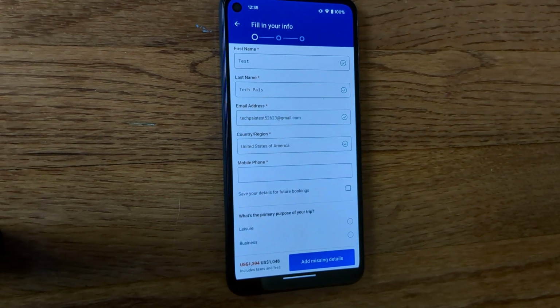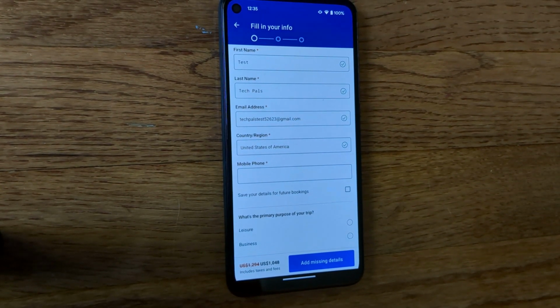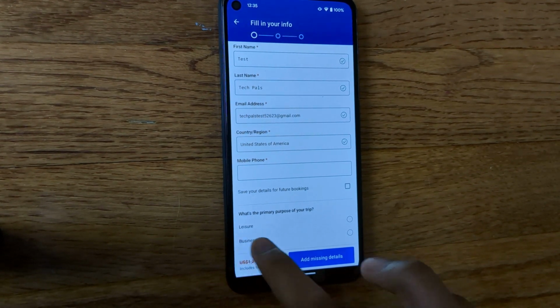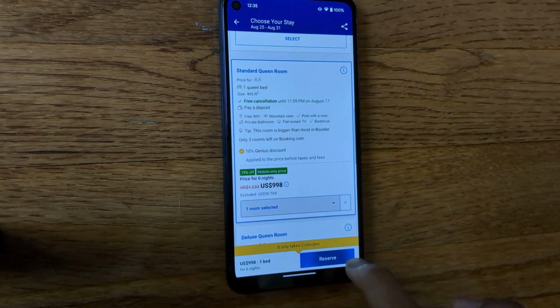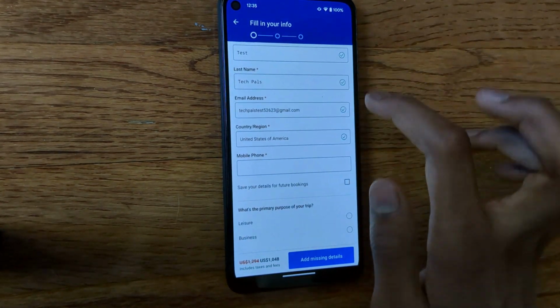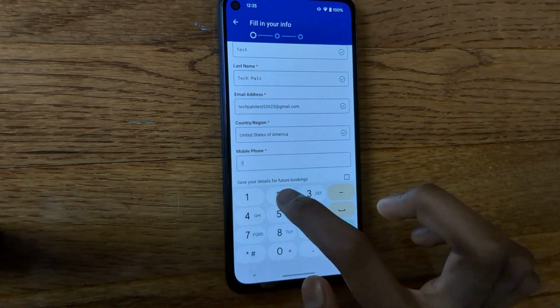Now, because we weren't able to show the rest of the process on the screencast, we are now about to show the rest of the process here. So, once you click the Reserve button on your screen, you will see a Fill in Your Info screen where you need to enter some information.